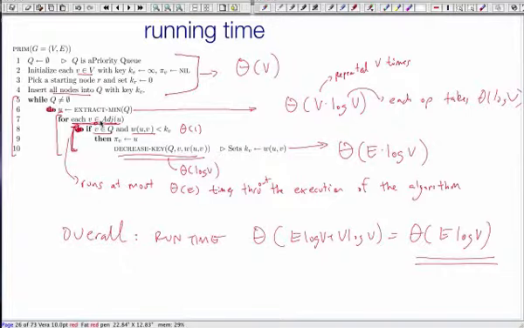Question? Explain why it's like that. Because I'm your neighbor and you're my neighbor. So when I'm the guy that's chosen, then you're going to be my neighbor and I'm going to run that execution of that loop. And I'm going to do all of that work, let's say. And at some point, it's going to be your turn to be chosen from extract min, and then you're going